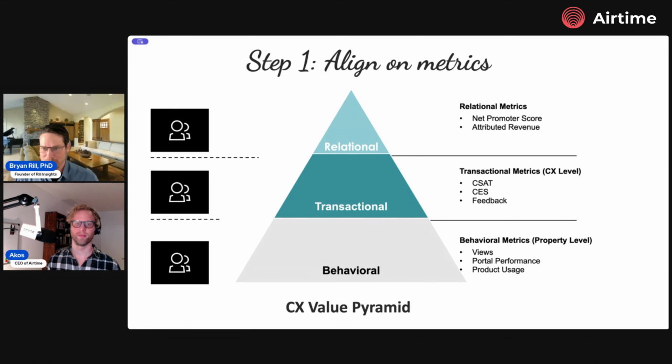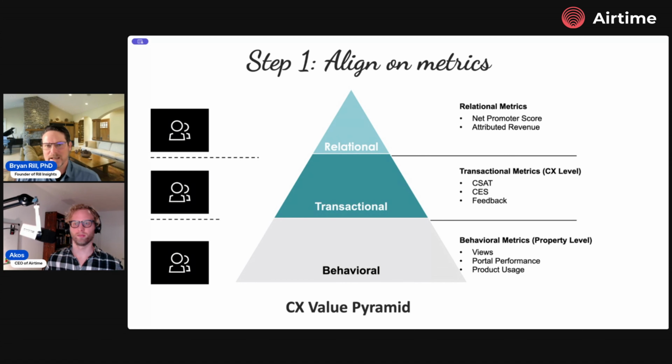Which is transactional metrics. And this is a lot of what CX is, right? So the CSAT, customer satisfaction, customer effort scores, other feedback metrics, right? And these focus on specific transactions in the user experience. And this is really what the product team, in my opinion, owns. Even if they're not collecting the data, they own the actions on that data